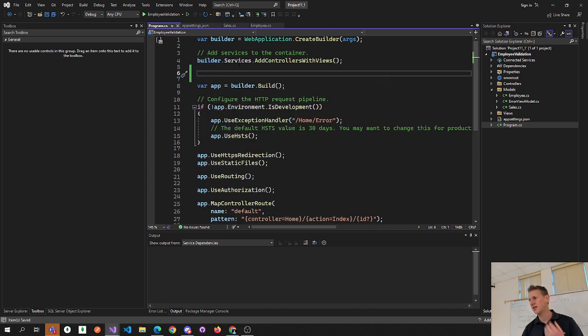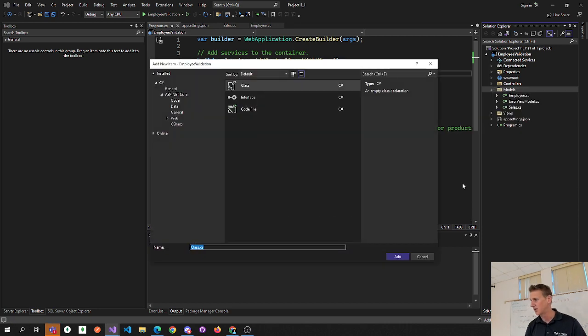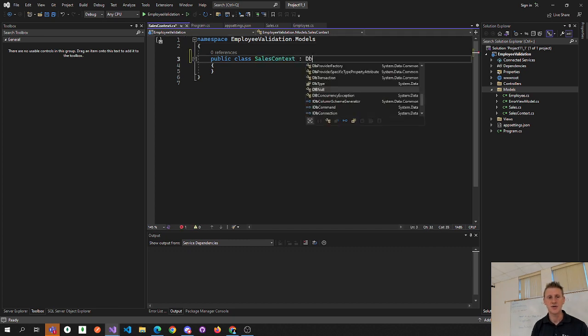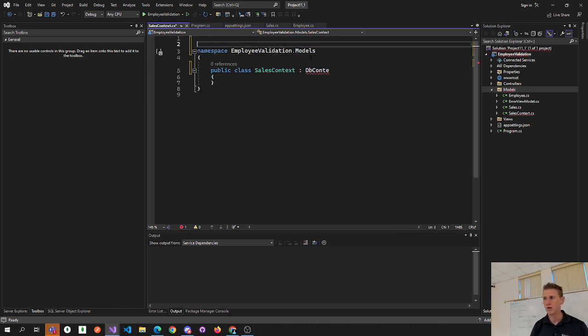Now we're not quite ready for this because we need to have a context file, and the context file is obviously going to be where we seed our data. So in our models, let's add a class called SalesContext, and inherit DbContext. We need to bring in Entity Framework Core. So using Microsoft Entity Framework Core, in order to bring that in, let's install everything that we need off of